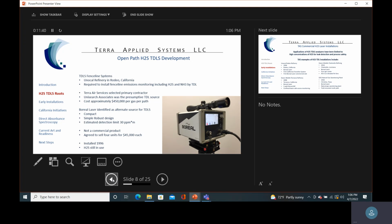And so we ended up doing some investigation, and 4L Laser was doing some work out of the University of Alberta. And they weren't commercial, but I talked to them for about 2 months and convinced them to sell the first 4 commercial units into that installation. So there were 2 H2S lasers and 2 HF lasers on our Fenceline system. And this is 1996. And those were Boreal systems. And H2S is still in service, but about to be changed because